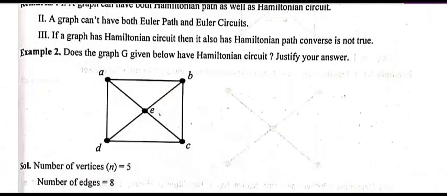Okay. So here is another example. Example number 2. Does the graph given below have a Hamiltonian circuit? Justify your answer. So let's start. How will you do it? If you want to check it, I will start from A. So let's start from A, and you can move toward B also and D also. It is up to you, even E also. So I am moving toward B also. So I am taking this. So you have visited B also, correct.